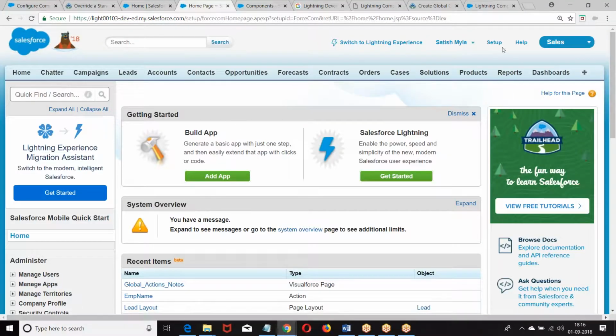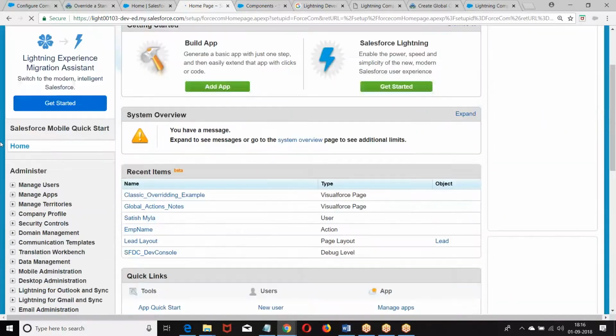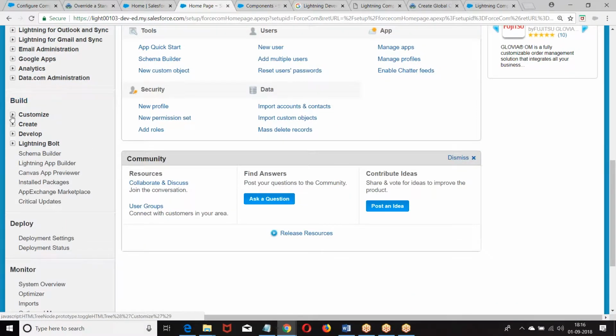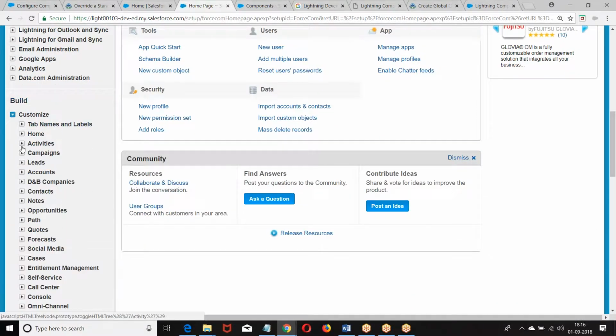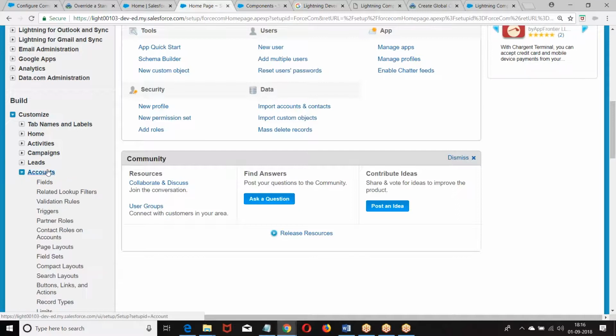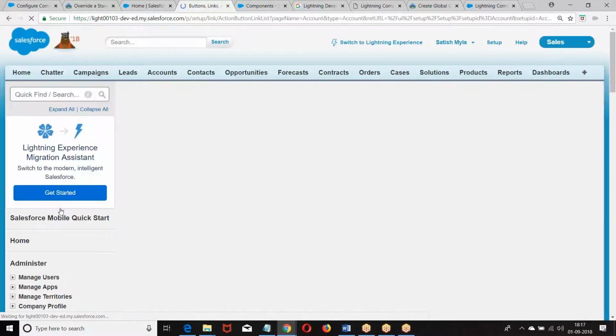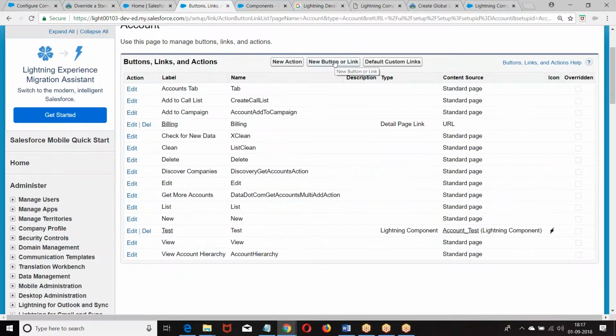Go back to this. Setup, build, customize, object. So go to the object. It's object specific. We are overriding the functionality of a particular object or defining extra functionality on a particular object. So we go to the particular object, buttons and links, and the new button you want to create.